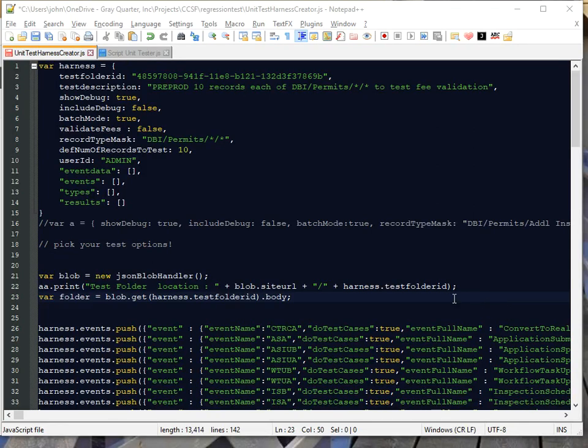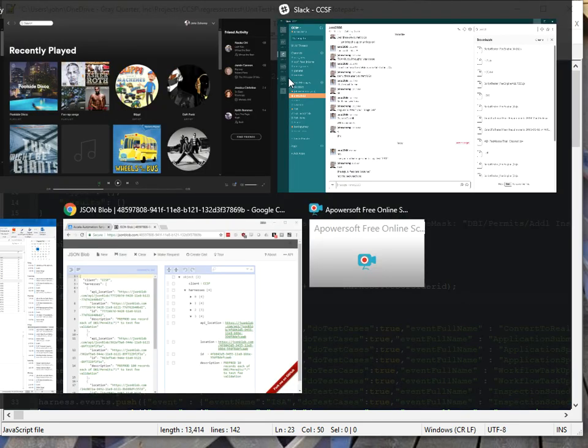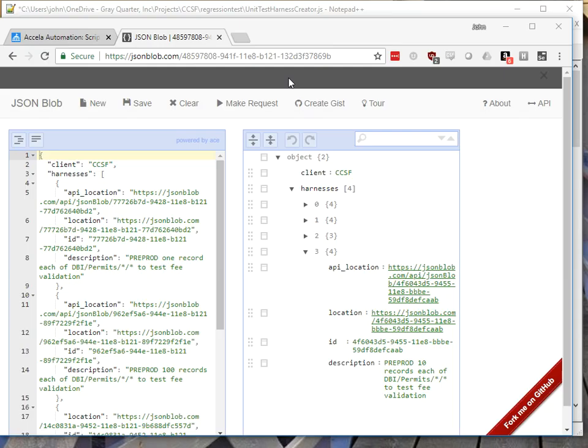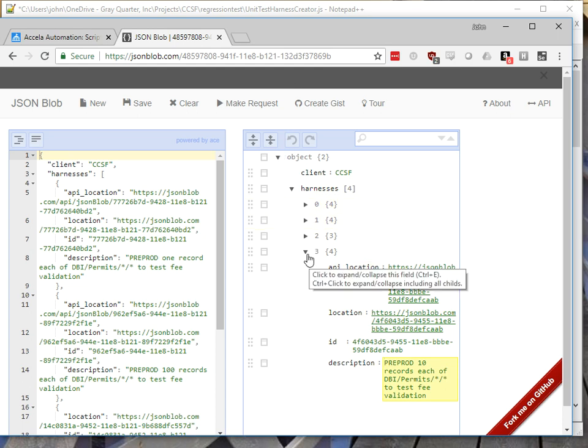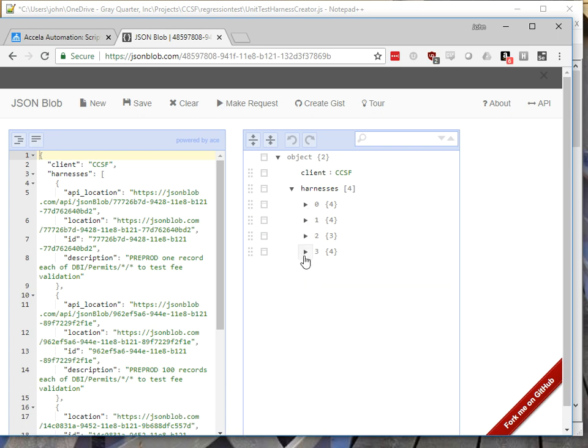Okay, I'm going to do a quick walkthrough of the test framework. So here we are in the unit test harness creator. I've got a folder ID, and this is a link to a site called jasonblob.com, which is right here. And this is essentially just a folder for all of the test harnesses that I've created. I've got 4 in here that you can see. So we're going to create another one